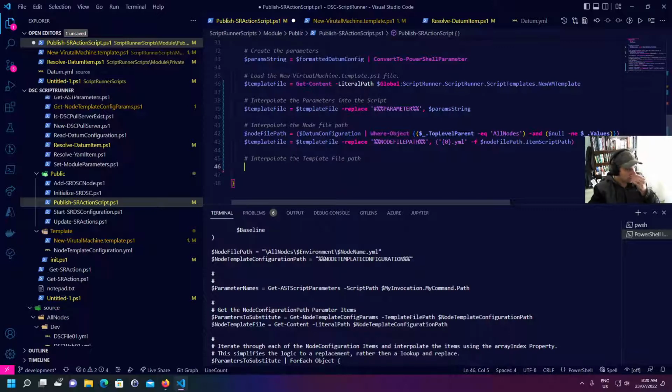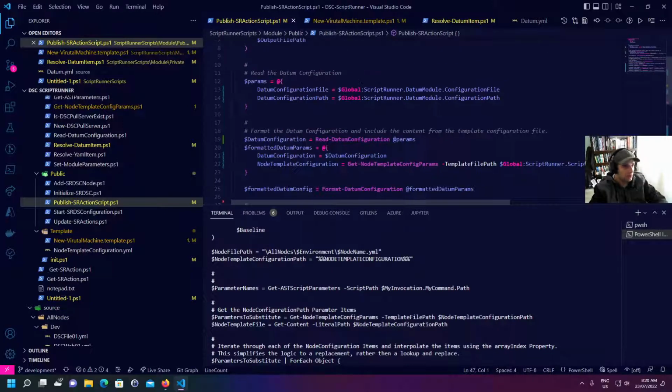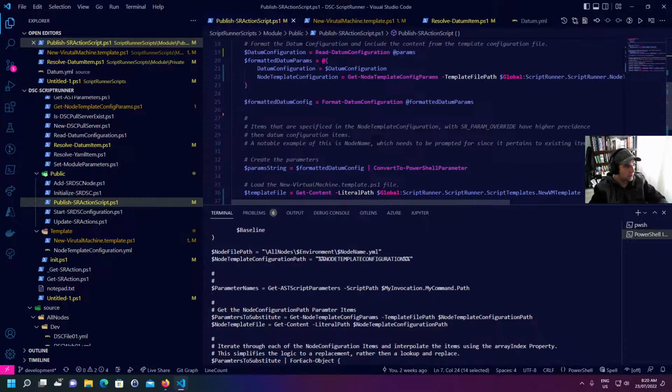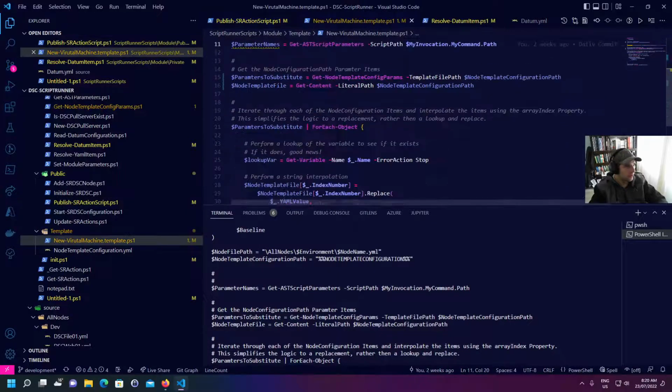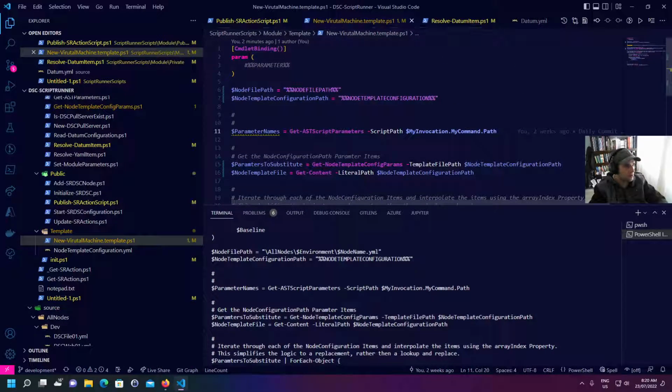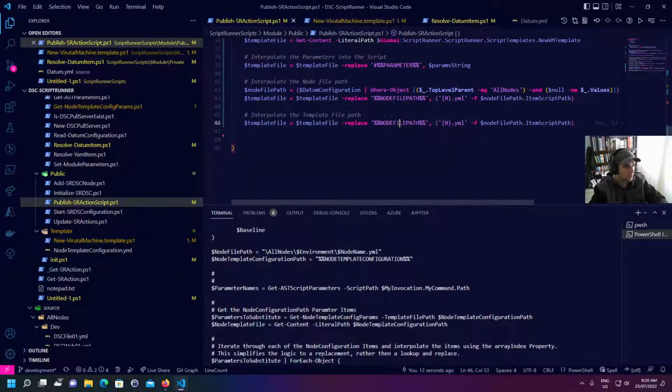And so it's the same kind of thing, right? Basically, we just need to grab the template file. Yeah, we've got the output file path, cool. And what we can say is go new virtual template. We just need to grab the template configuration. And then all we need to do here is we can just go global